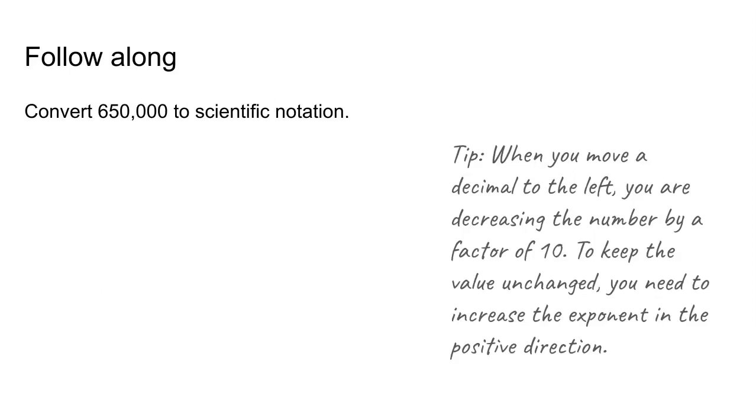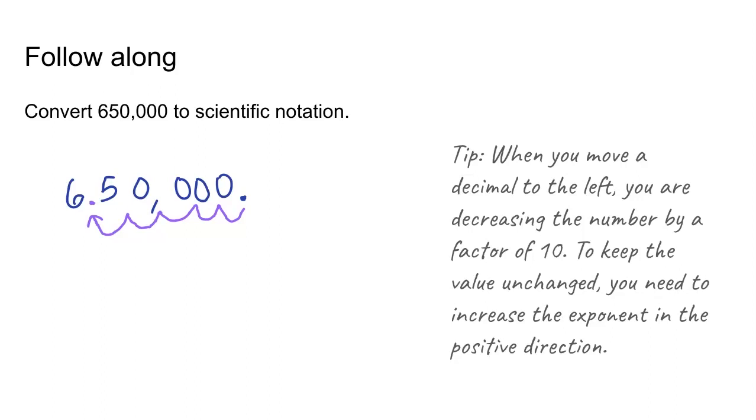Now follow along as I solve this problem. Convert 650,000 to scientific notation. So I'll start by writing out the number, and then adding a decimal point to the right of the ones place. And then I need to move the decimal so the resulting number becomes greater than or equal to 1 but less than 10. So in this case, I'll move the decimal point 1, 2, 3, 4, 5 units to